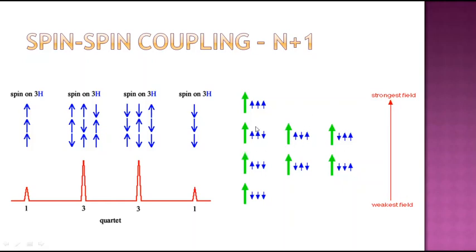There are 3 times, and therefore this signal will be 3 times higher than this, right? These two are equal, therefore these two signals will be equal in population, and therefore this is the reason why the spin split. This is called J coupling. This type of coupling is through bonds, because the bond distance is around 1 to 2 Angstrom.